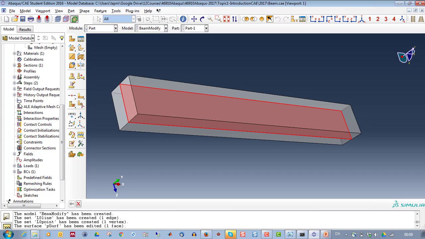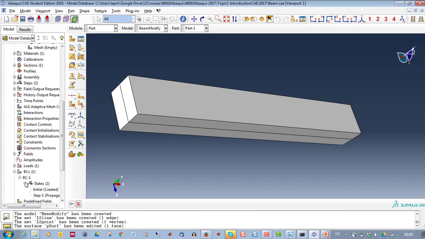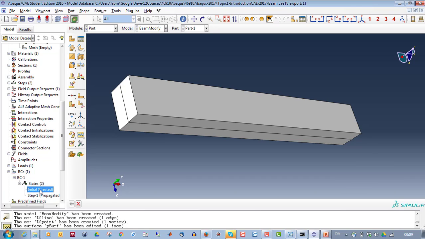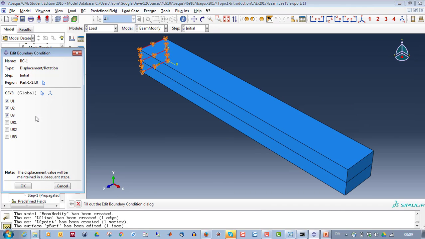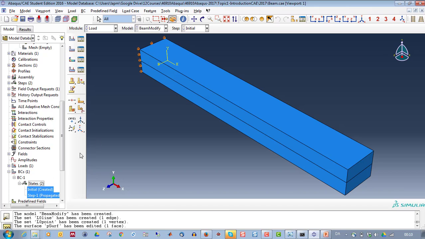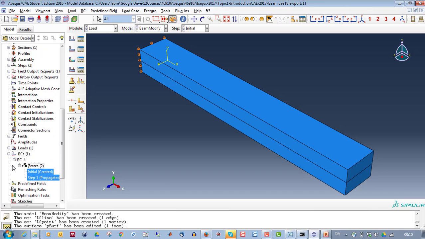So now we will go down and modify the boundary condition. So the boundary condition we have defined here, as this one. So here for the full surface we will only define the U1, and then we will make two new boundary conditions.